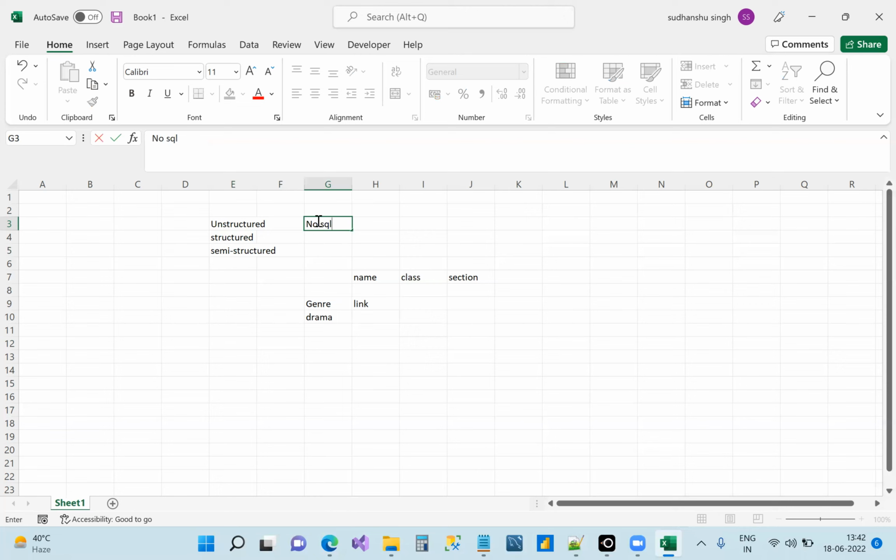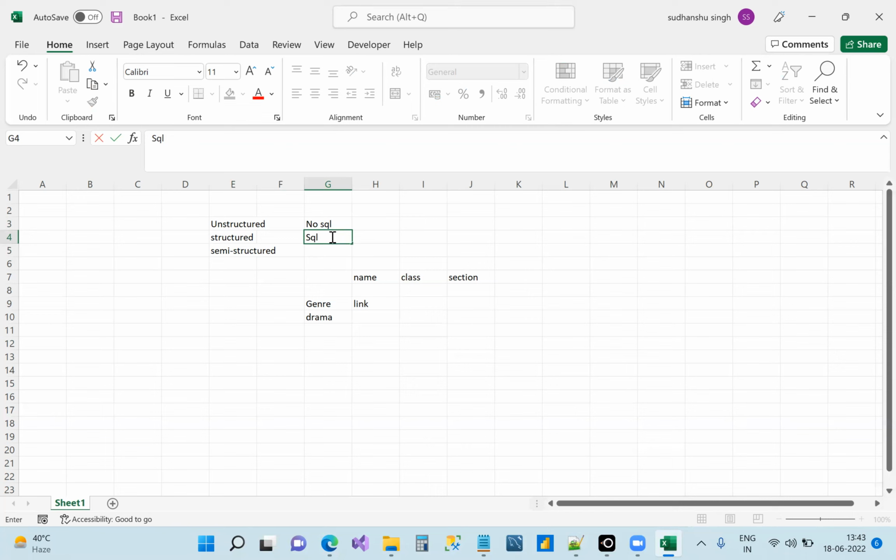What you are learning is SQL. When you learn NoSQL, you'll be learning how to communicate. This is again a communication language. This will help you communicate with unstructured data. And the SQL that you learn helps you communicate primarily with structured data, at times with semi-structured as well. Got it? Everyone is understanding this? So right now we are learning SQL, okay?